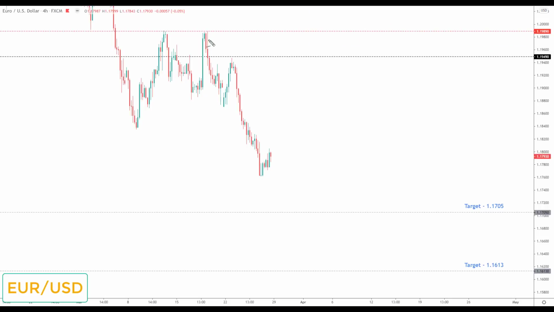For those of you who like your wave counts, it looks like we have 1, 2, 3 and we're due a 4 and a 5th wave down. So any correction in this market next week will be viewed as an opportunity to look for short positions once again. I'm going to be looking down towards the next key of support to the downside and the target set at the 1.1705.